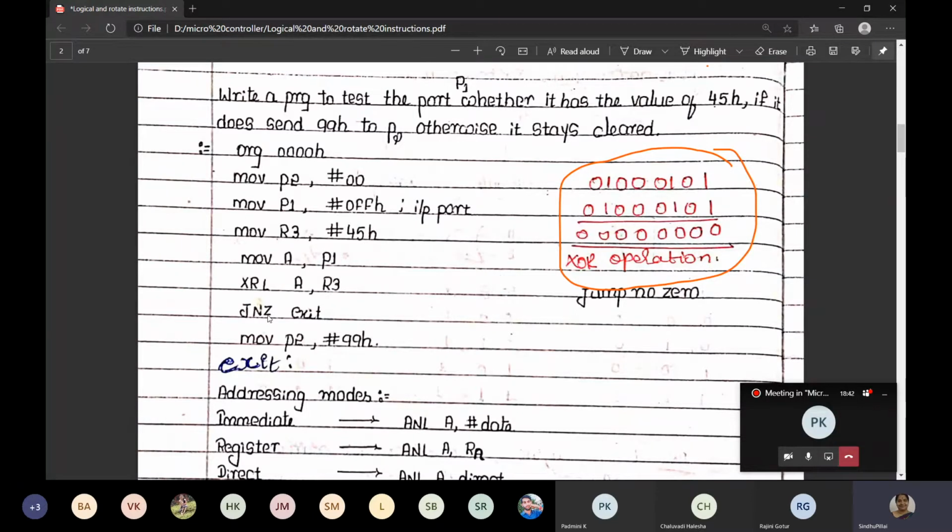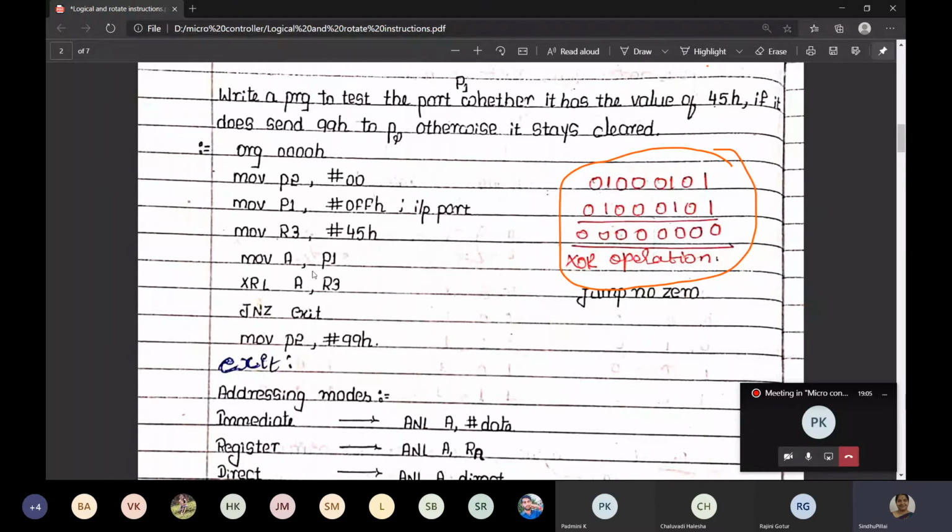Okay, it will not check the contents of other registers. It will only check the contents of the accumulator. So here we have checked the contents of the accumulator. If it is not 0, it should come out. Okay, why will it come out? Because the content of the register is not 45. If it is 0, you have to send 99H to port P2.